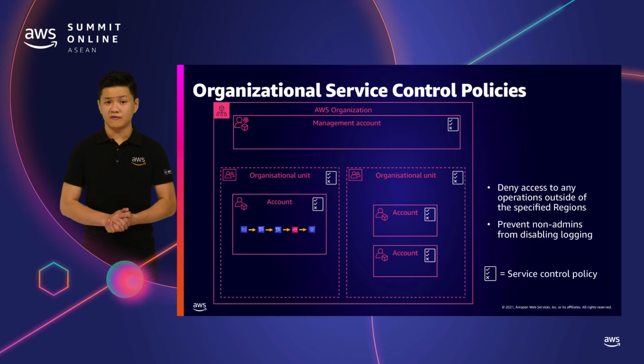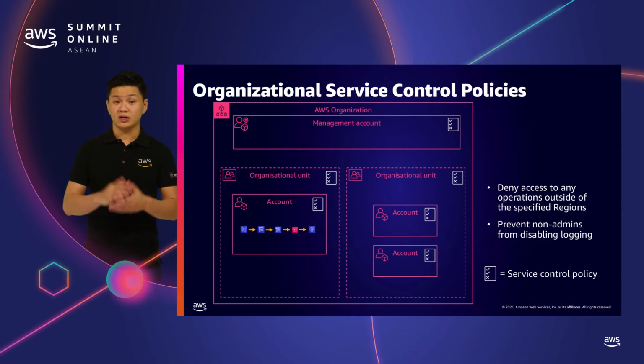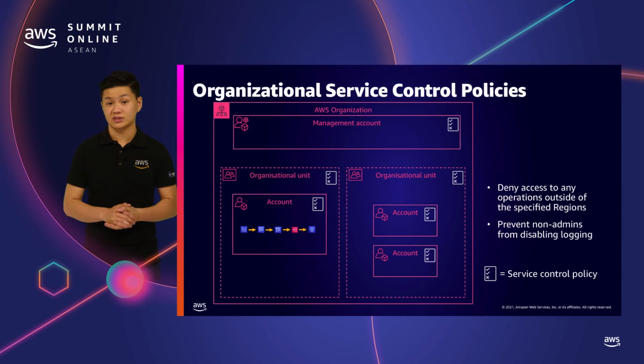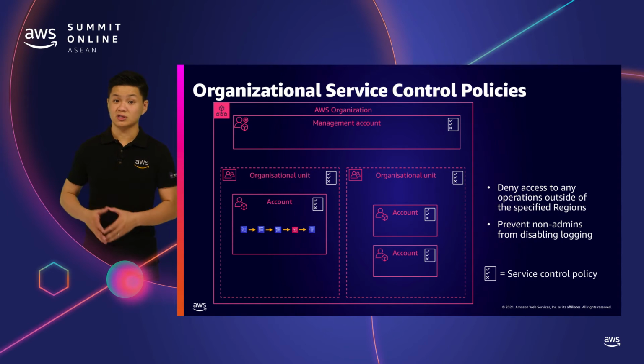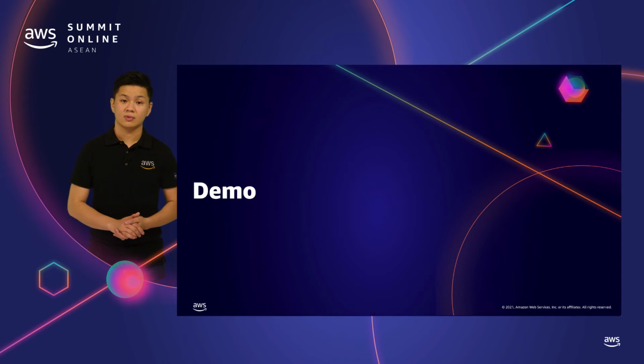Let's zoom out the picture further to take a look at the pipeline in the AWS organization context. You can use organizational SCPs to further limit the scope of services accessible. For example, if your workload only runs in the Singapore region, deny any operations or actions outside of the Singapore region. Right? You can also prevent accounts in the OU from making changes to sensitive services, such as CloudTrail, Config, or GuardDuty. Let's jump into a quick demo to look at how all these look like in the AWS